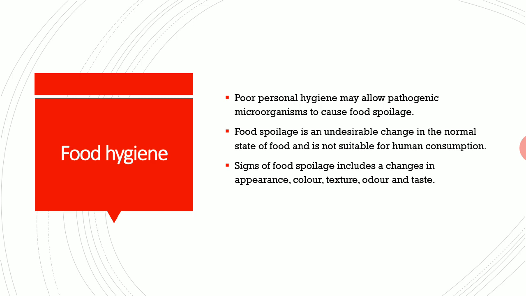How can we identify spoiled food? First, by the color. We can also identify it by the smell, the odor itself tells whether the food is in good condition or not. And next, by the taste. By all these things we can identify whether the food is spoiled or not. But above all, we should try to keep our food from spoiling, keep it safe and then have it.